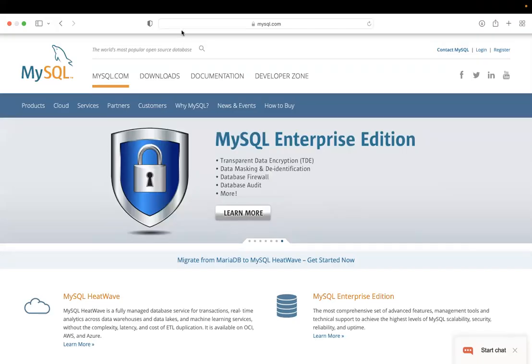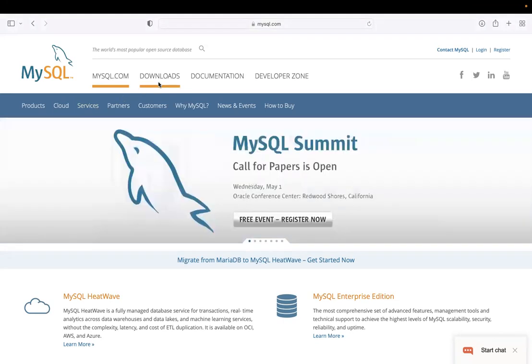You will find it under mysql.com. In this web page, we will find almost everything. This is the central point of reference for anything that you would like to find from documentation, downloads, or any other information. So let's visit the downloads,